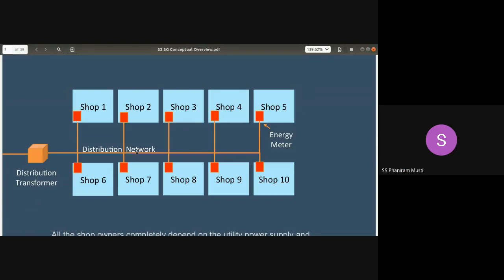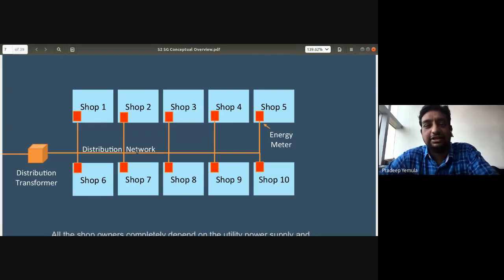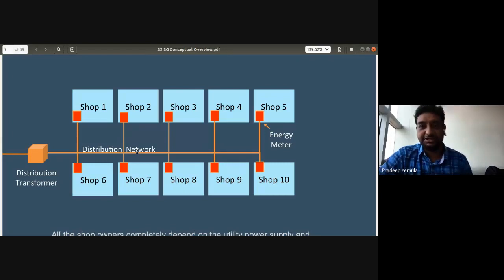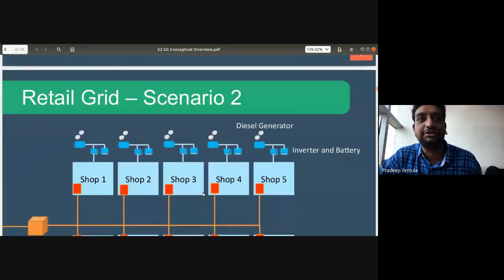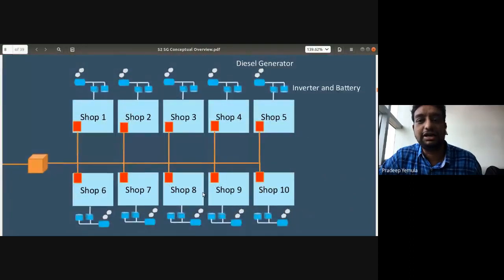He will put an inverter, UPS. Okay. So I heard one answer that they can have an inverter and a UPS system. Somebody also answered in the chat, batteries and generators. Okay, so diesel generators and all these things. You might have visited any busy shopping area in the city. Each shop owner has their generator. So let's move forward. This is scenario 2 where we have something like this.